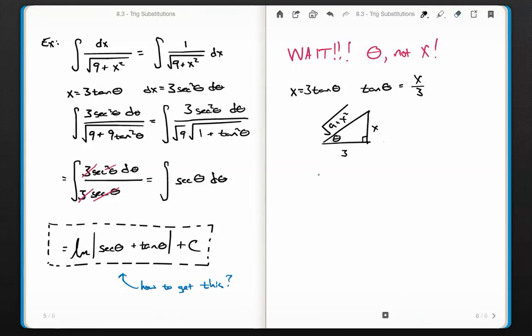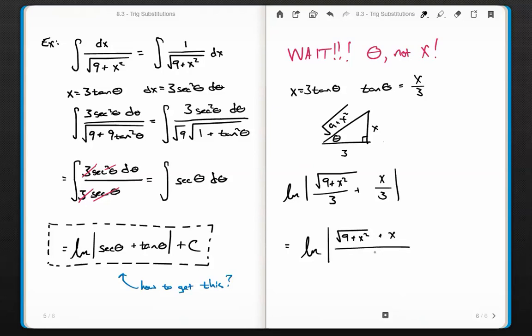Where are we here? We're trying to find the natural log of the secant. Well, the secant is 1 over the cosine, so it's hypotenuse over adjacent. So it's the natural log of root 9 plus x squared over 3, plus the tangent, which is opposite over adjacent, which is x over 3. Same denominator, so I might as well exploit that. The natural log of this fraction, root 9 plus x squared plus x, all over 3. Now that gets